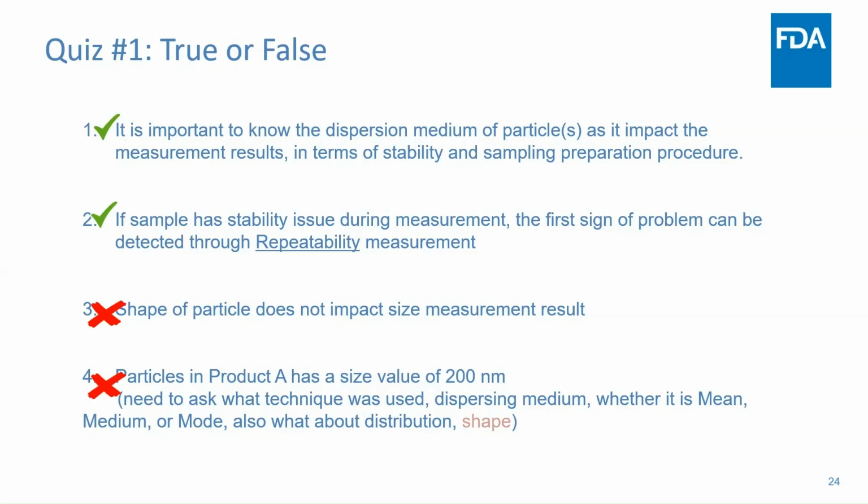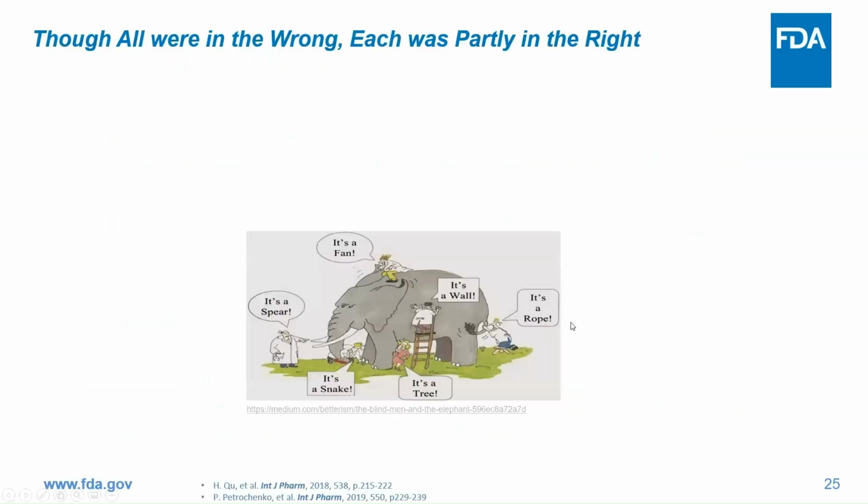So in your review, if you see this type of statement, think about it: is that right? Maybe not right. Then what you need to do is go to other places in the package, in the document, to search for the information that is missing. Can you piece together information? Can you find the information that is not described but may be critical? So again, never just by looking at the number itself think, okay, the company has a good handle on their procedure or their reporting. There is a lot of information missing in a statement that simply provides a number. Okay, to summarize,